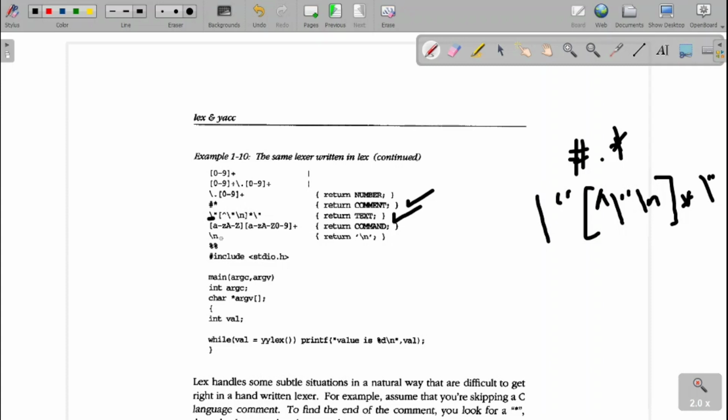Then for the command, first it should be an alphabet followed by an alphabet or digit of any number. I will return it as a command. If it is an enter key, I will return it as a new line character over there. Then this is the main part over there. Means how complex the lex part is when I use the C program, how simple it is when I use the regular expressions over there. Right? So you can just compare the program complexity over there.